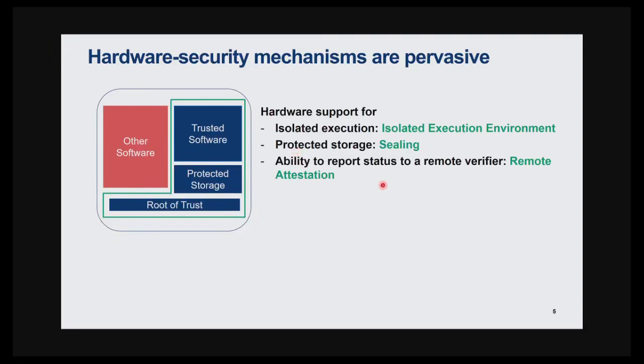The third property is that suppose you have a device that has isolated execution, that has protected storage. Imagine that if this device is now able to convince a third party that it has these properties, then the third party may be able to use simpler protocols, right? So imagine that you want to do online banking, and you have a device that supports the ability to run some software in an isolated fashion, the ability to protect secret keys, and now your device can convince your bank that it has this functionality. Then maybe your bank would allow greater access to your bank account from such a device